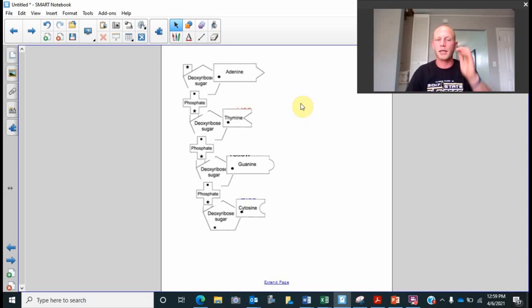Okay, so it should look like a ladder, and it will be slightly offset. If you see it right here, it doesn't go exactly straight up and down. It's offset and it starts going at an angle, and that's because DNA is a double helix, meaning as it goes, because of the structure of the molecule, it begins to twist. Okay, and you do need to know that, but we're not going to talk about why necessarily it does that. Okay, and so really that's your activity, is you're going to go ahead and cut out these guys, and